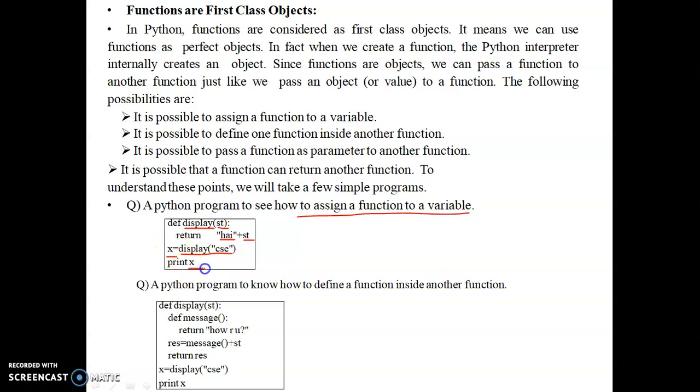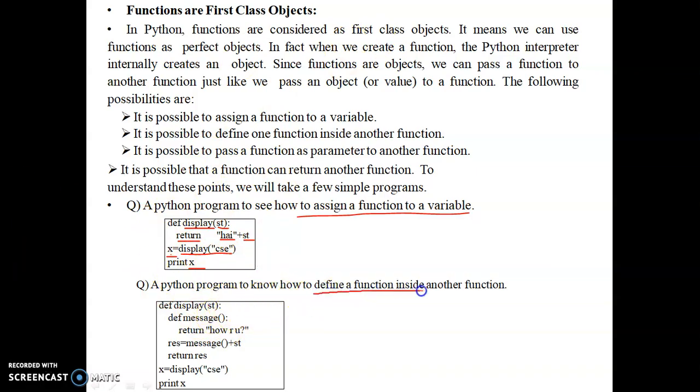Whenever you print the X variable value, it prints hi CSC. So this is assigning a function value to another variable. Whenever you are returning a value from the function, only then can we assign the function value to a variable.